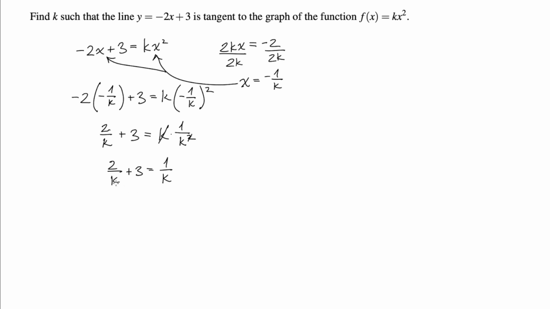I'm going to go ahead and just subtract 2 over k from both sides. And there are multiple ways to solve this equation. So if you wanted to do something different than what I'm doing here, that's fine. So that cancels. We get 3 equals 1 over k minus 2 over k is negative 1 over k. All right, and then we can do the negative reciprocal of both sides. And we get negative 1/3 is equal to